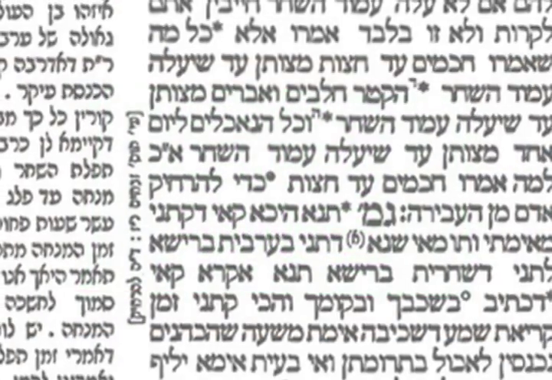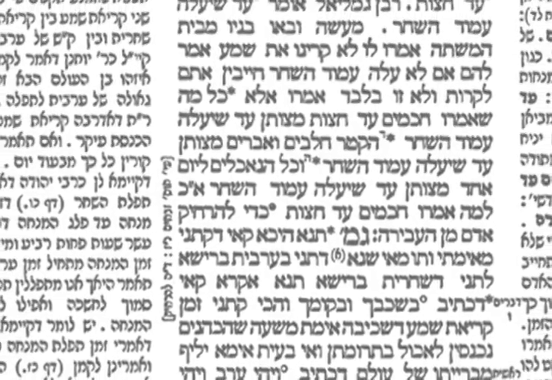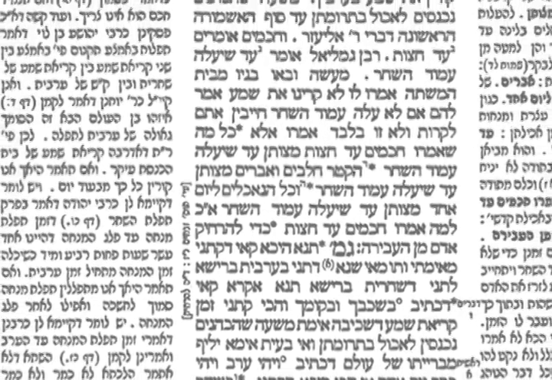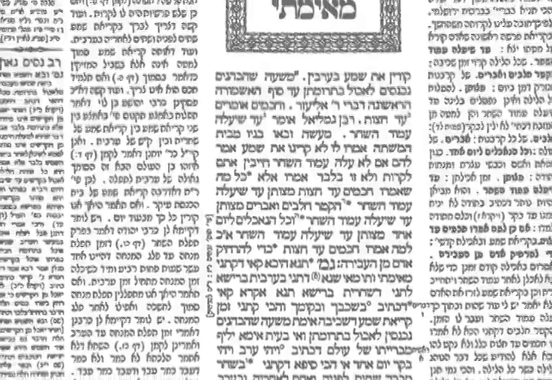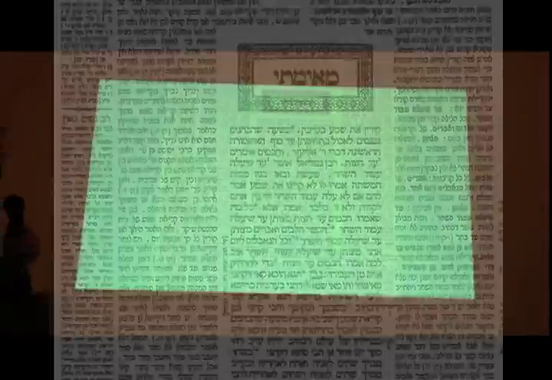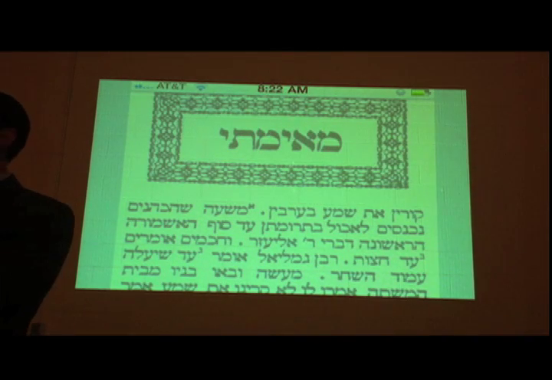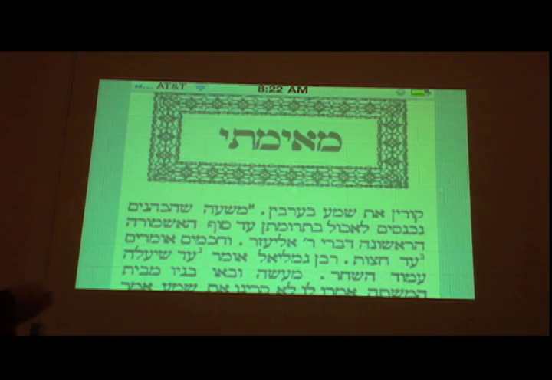But let's say even at that point, I want to get the real experience of seeing the page of the Talmud. With a click of a button, I can actually see the Tzuras Hadaf, the actual layout of the full page of the Talmud right there on my phone or on the iPad. It's kind of small, so what do I do? I tap it again, and it zooms in. And you can literally just study it right there in front of you, as if you're holding the book of the Talmud on your lap.